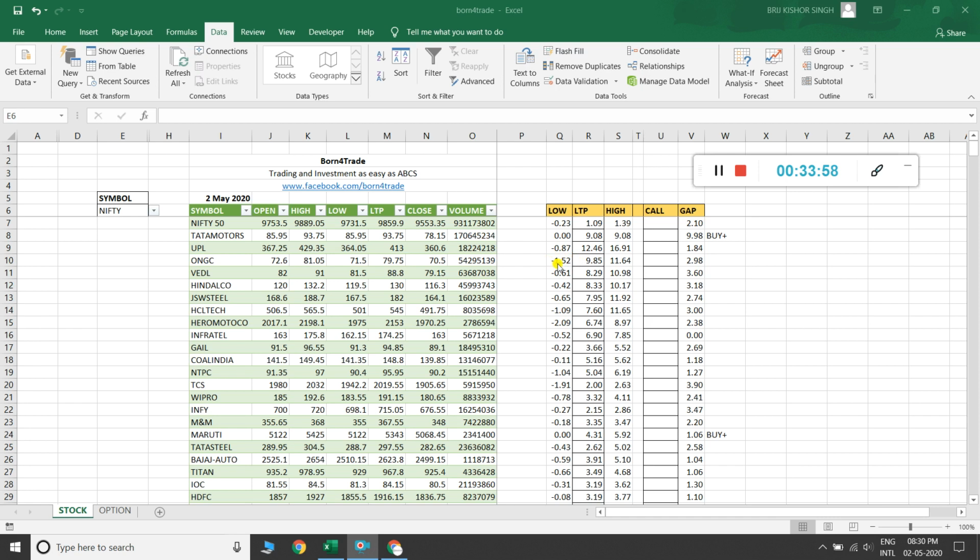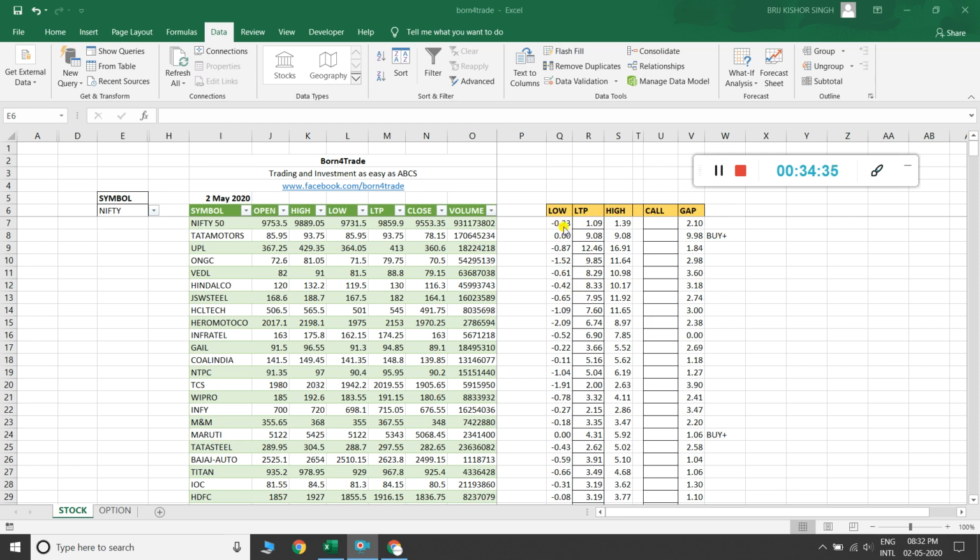Just seeing another stock, it made a minus 1.52% low and made a high of about 11.64%. It is currently staying at 9.85% high. This type of data came, and I am making a logic to generate a buy signal and sell signal, according to my personal observation.